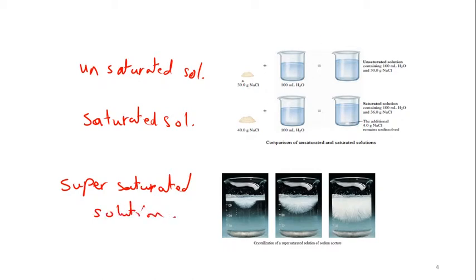If we have an amount like 30 grams of sodium chloride that we can dissolve in 100 ml of water, we will find that mixing both of them gives a completely dissolved sodium chloride in water. While if I add an extra 10 grams, which means I try to dissolve 40 grams of sodium chloride in the same 100 ml of water, I will have some material left. This material which deposits means that my solution is a saturated solution, and any extra solute added will not